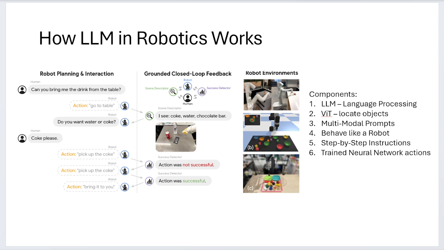So essentially what's happening here is that the large language model provides the context for the robot. It gives the question, can you do a certain thing for me? The robot will say sure, but give me the instructions step by step. Then the large language model will give it step by step, and for each step, the robot will have specific actions. That's quite revolutionary, because before we didn't have this language processing ability.